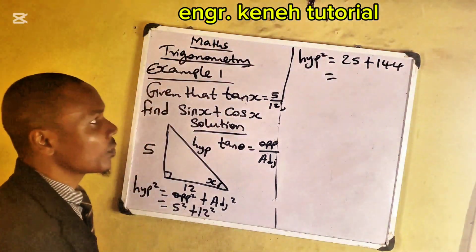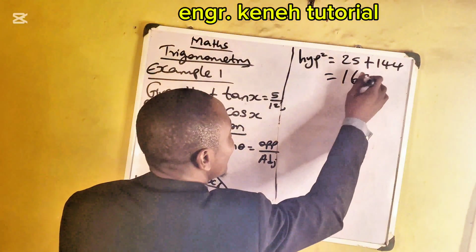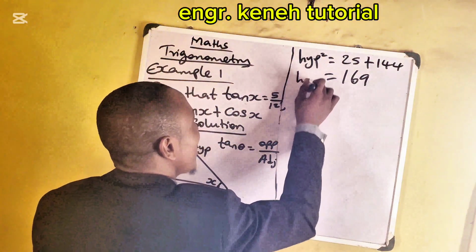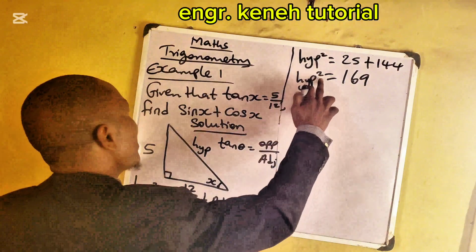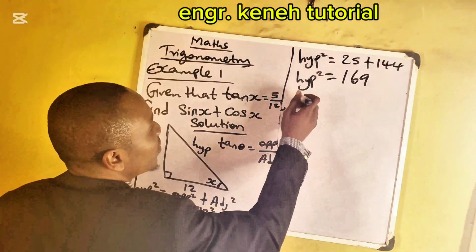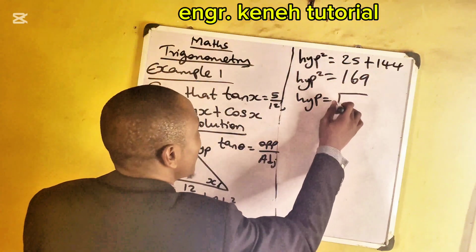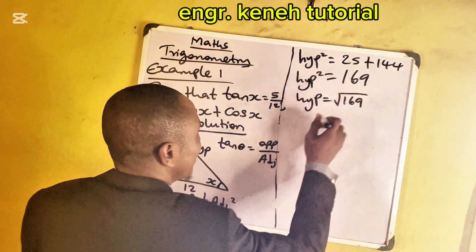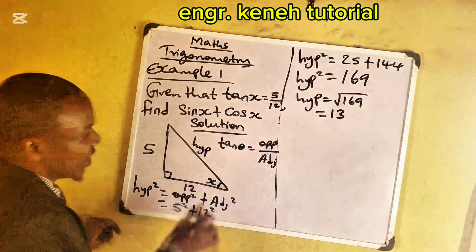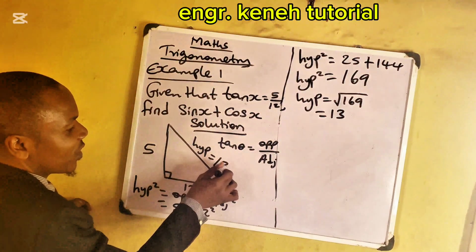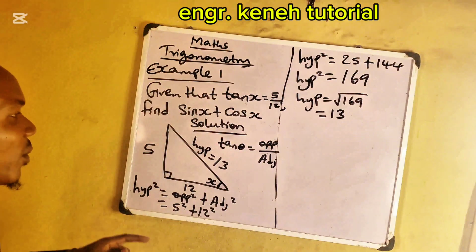All right, so adding these together, you are going to have 169, which is hypotenuse squared. So that means the hypotenuse is, when this square crosses over, it will become square root. You have hypotenuse equals the square root of 169, like this. And this will give us 13. So automatically this place is 13. All right, here they said find sin x plus